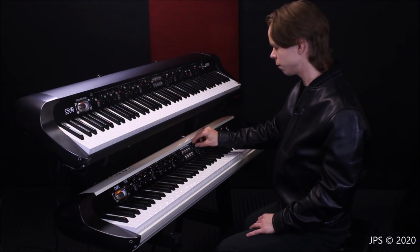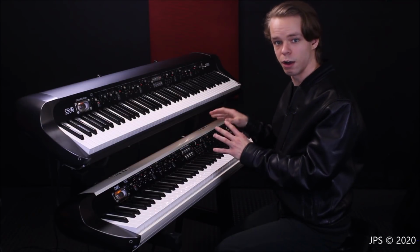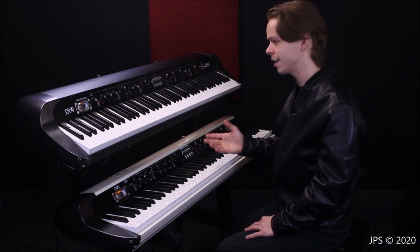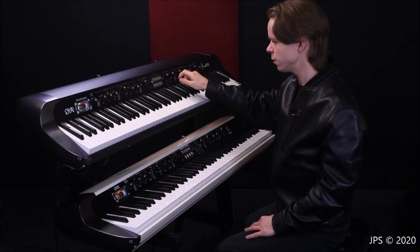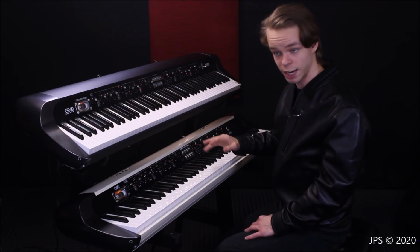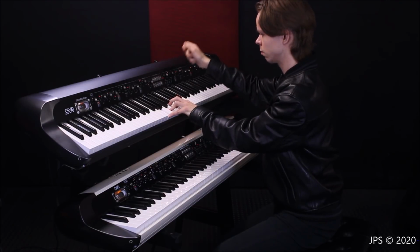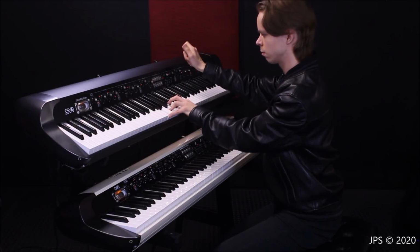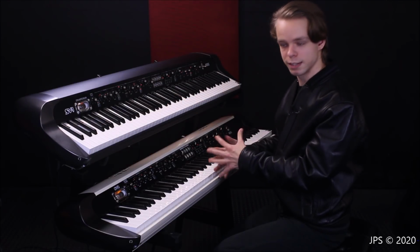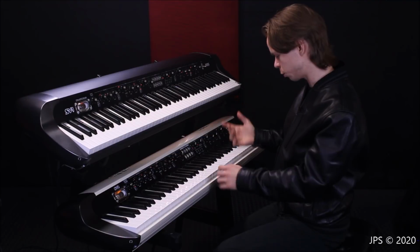The final thing I wanted to point out of the SV-1 versus the SV-2 is that while there have been many small quality of life changes, many things have improved. One thing that kind of has and kind of hasn't is seamless sound switching. The SV-1 didn't have this at all. For example, if I hold the sound and change the sound, you'll see the sound cuts out entirely. And while the SV-2 is able to switch between sounds and have the previous sound still sustain while you change the sound, like so,